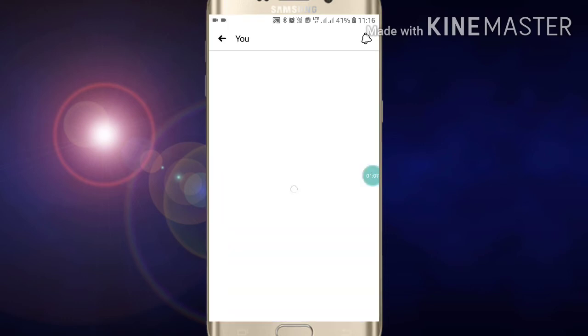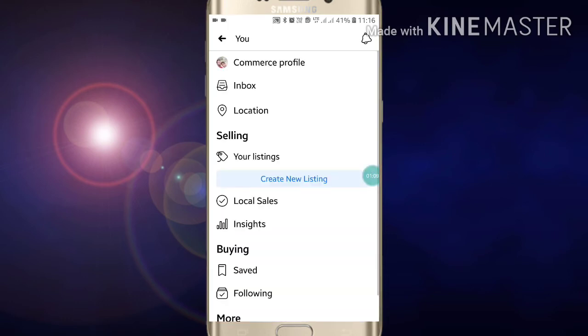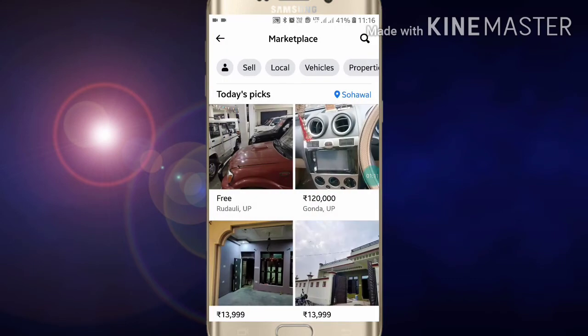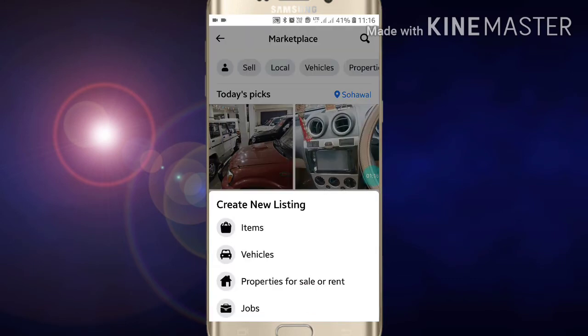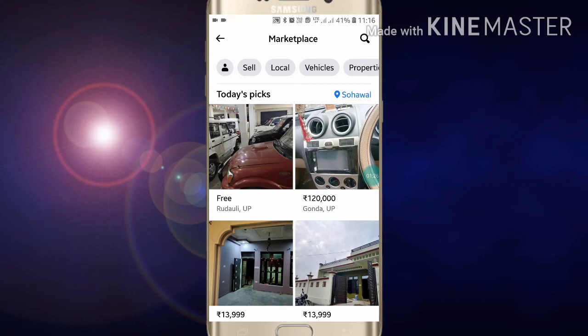mobile. So whatever you want to search in Marketplace, vehicles, sell. If you want to sell something, you can just sell an item, vehicle, job, whatever you want. If you want to sell an item, which item you want to sell, like this you can search Marketplace in your